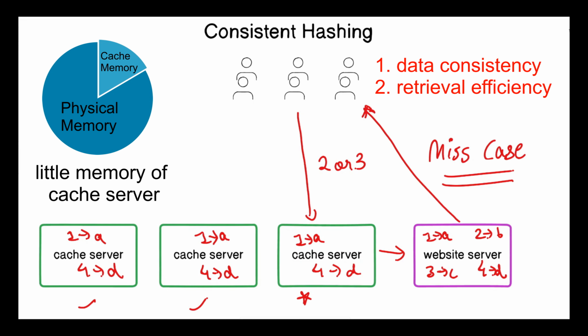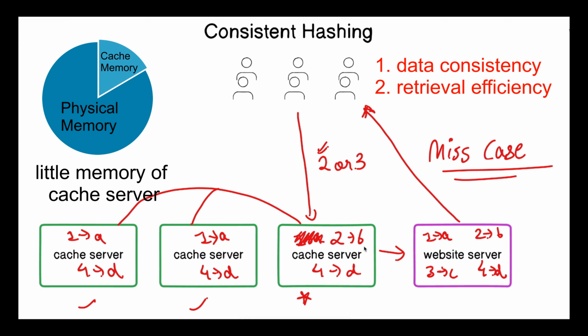And because all cache servers contain the same data, there is a higher number of miss cases, which eventually increases the overall response time. And because one cache server is replicated into multiple cache servers, if the request for 2 increases significantly, then we have to update our cache server database. So let's say the request for 2 increases significantly, so we remove this 1 to A and we add 2